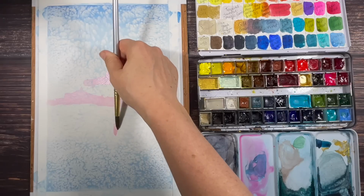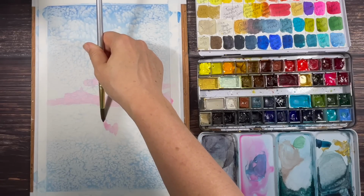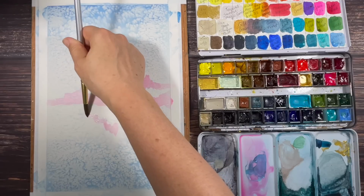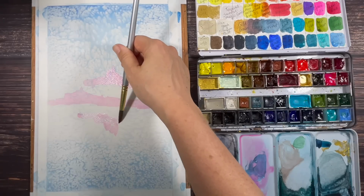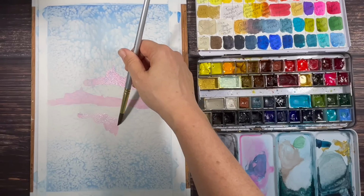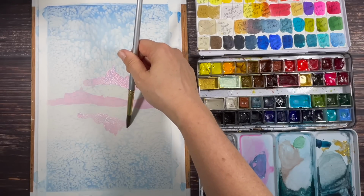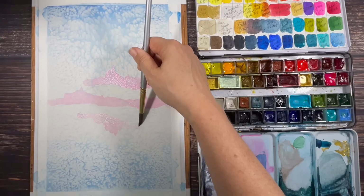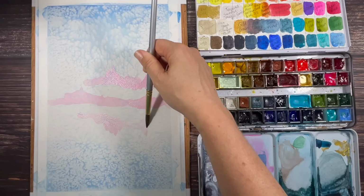Since my mountains are going to be on the other side of a lake, I want to put in some color underneath my mountains so that it looks like my mountains are reflecting on the water on the lake. I'm not going to be overly concerned about exactly recreating what's on top. I'm going to do my best to create something similar to what's on top,